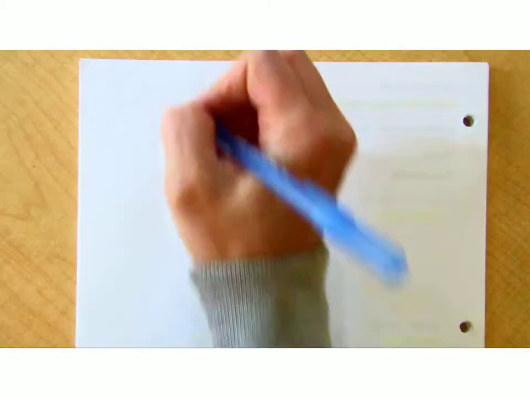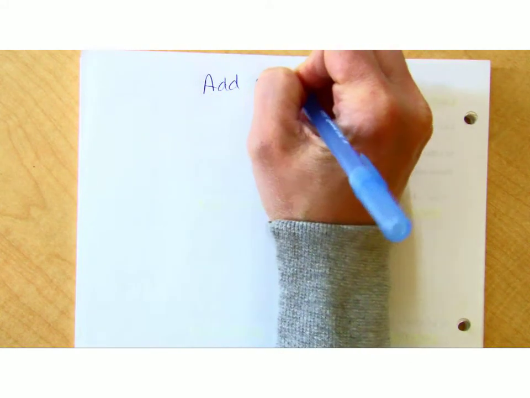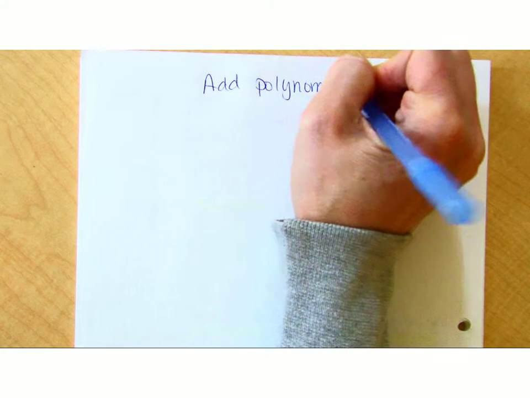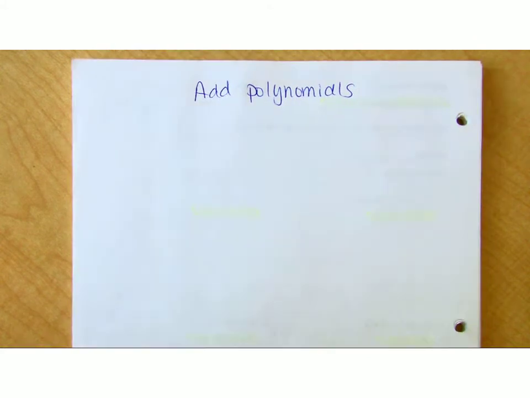Add and subtract them. Now that you know what the heck they are, right? What does it look like when I add and subtract polynomials? So let's add polynomials. Before we can officially add a polynomial, we need to review something from last year, something from pre-algebra, combining